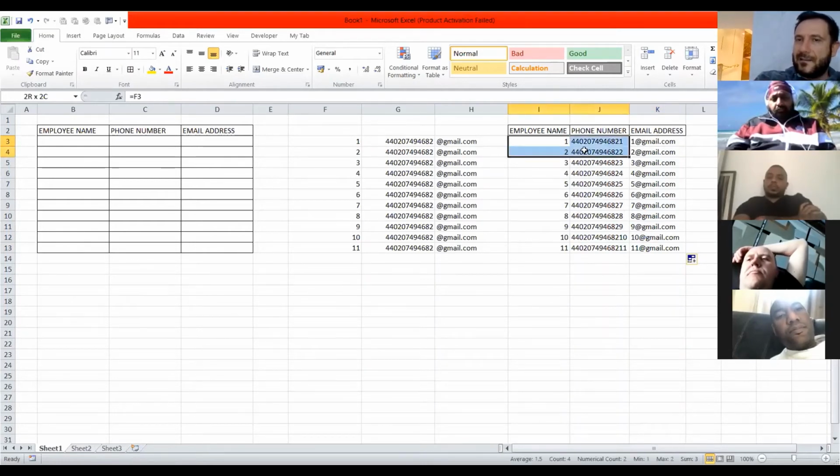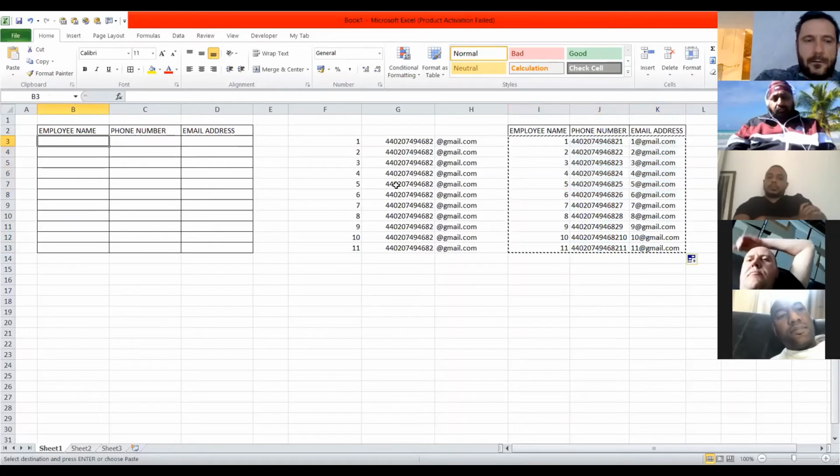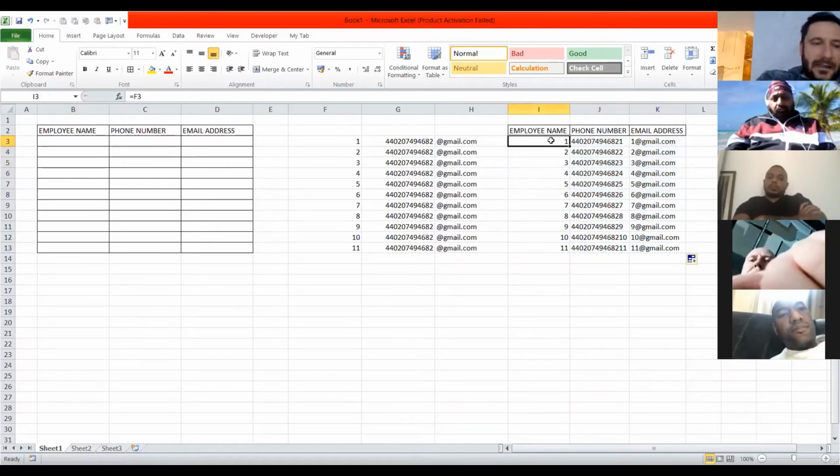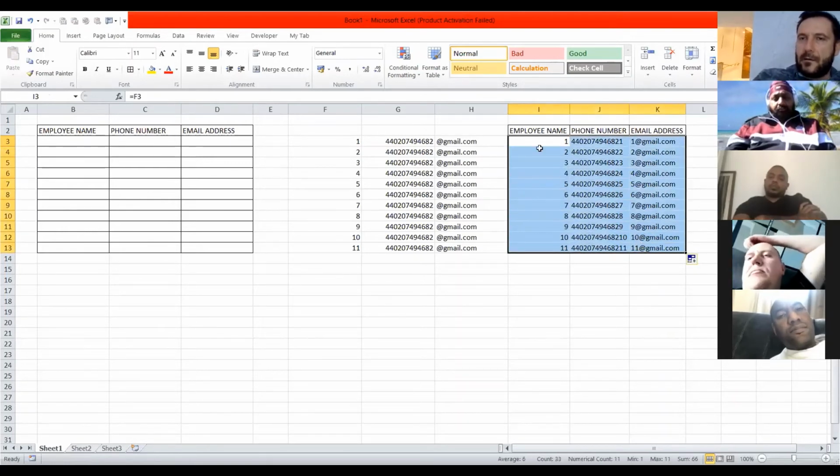So we're gonna select the database, copy it, and paste it there as a value. When you have a database like this, you can select everything with the mouse like I did now.